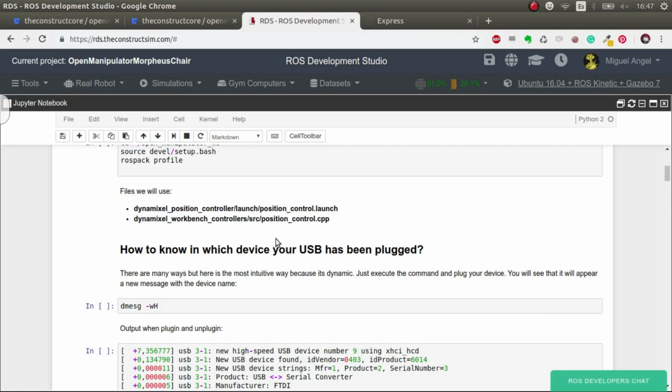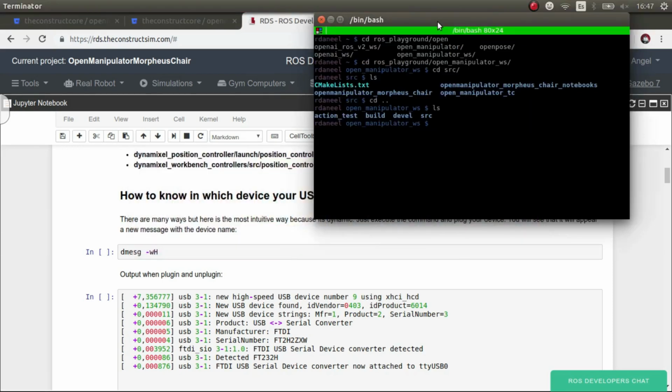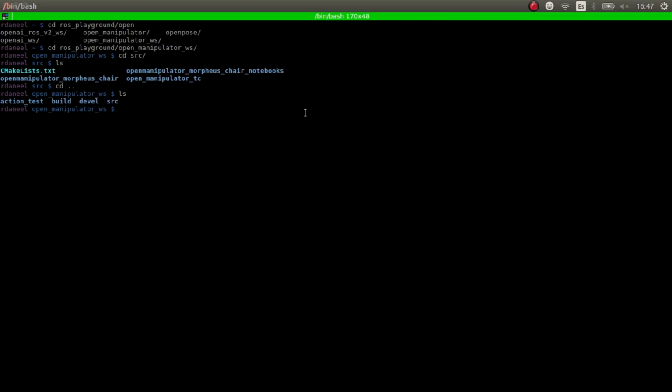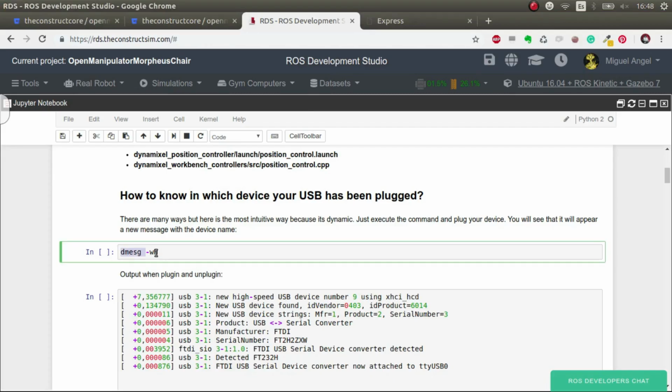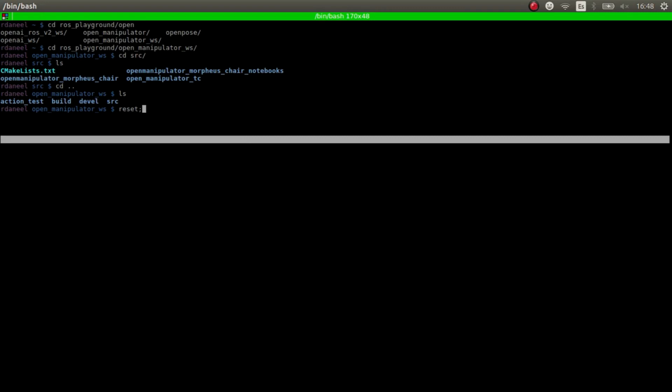How to get started? So the first thing is, okay, we're going to connect our robot. So you've built the robot arm, or your own robot arm based on the Open Manipulator schematics, as you wish. But now we have to know how it's connected to our Ubuntu system. So let me open a terminal in the system that has the USB connected. Okay, so if we go here and we execute this command, let me write reset and then this,